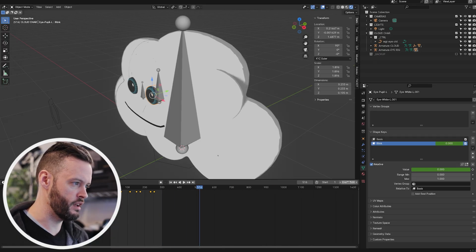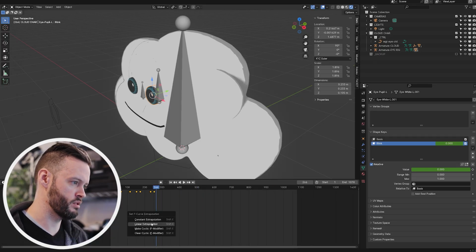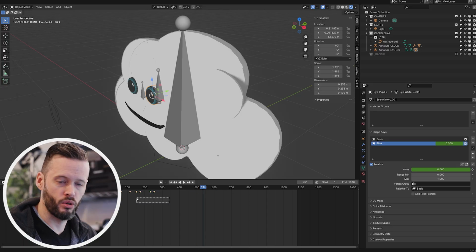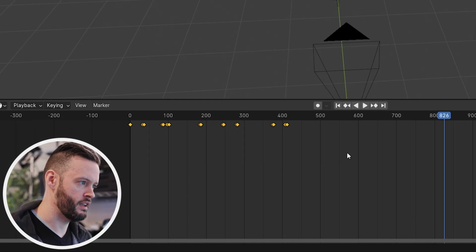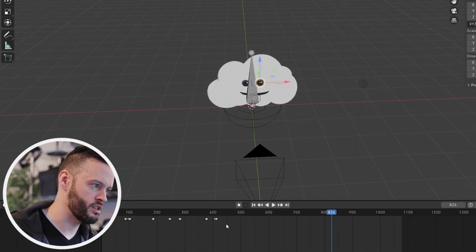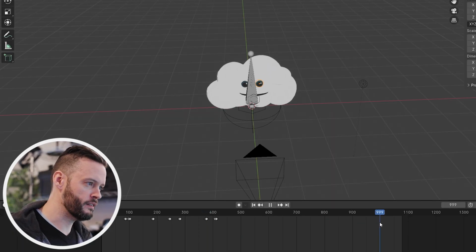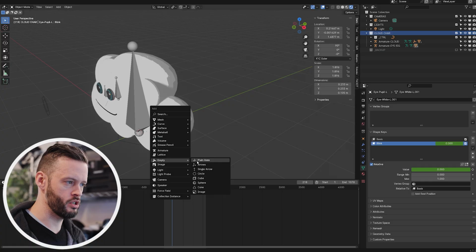I messed up and I didn't use the right extrapolation, so I was just like, screw it, let's just throw a bunch of keyframes on there. And then I realized that I did the wrong thing later, so I went back in and I used the right extrapolation there. So either way, the last thing I wanted to do here was just give this cloud a general sense of movement